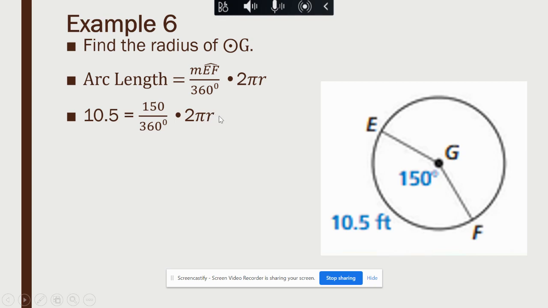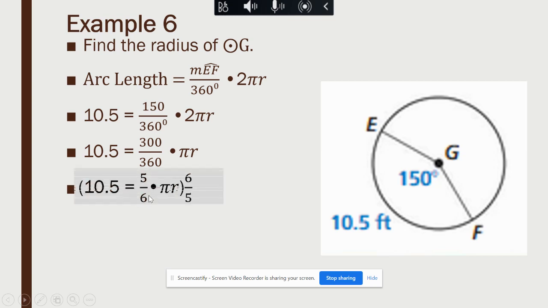Okay, so I want to solve for the radius this time, not 2 pi r. Just to make things a little bit more simple, I'm going to multiply the 2 times 150 to make that 300 over 360. And then reduce the fraction, both divisible by 60. So we get 5/6 times pi r, and we want to cancel our fraction. So we're going to multiply by the reciprocal. We're multiplying by 6/5 to cancel this here, but we multiply 10.5 times 6/5, and we get 12.6 equals,